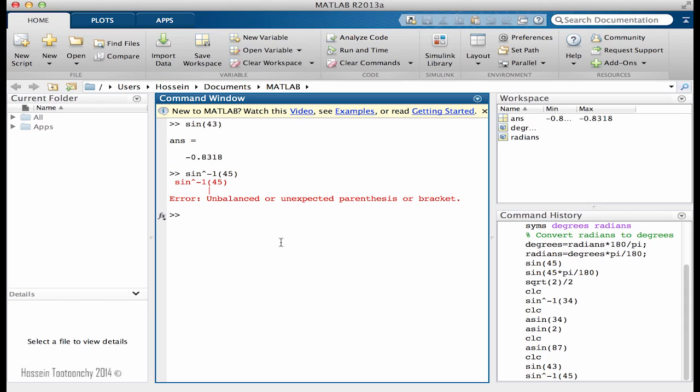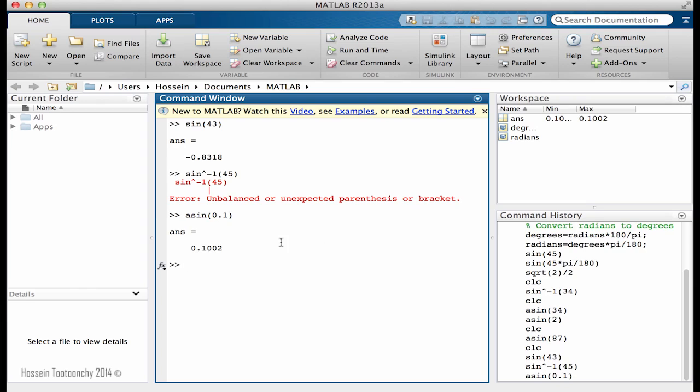The way that we're going to do the inverse function is through using arcsine or arccosine or arctangent. And the way that we're going to do it is using a in front of the trigonometric functions, and it converts them into the inverse format. If I say a sine of, let's say, this, and it's going to be this number, or a sine of, let's go with cosine of this one,